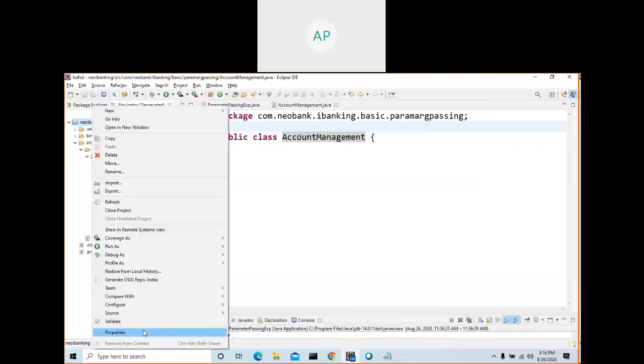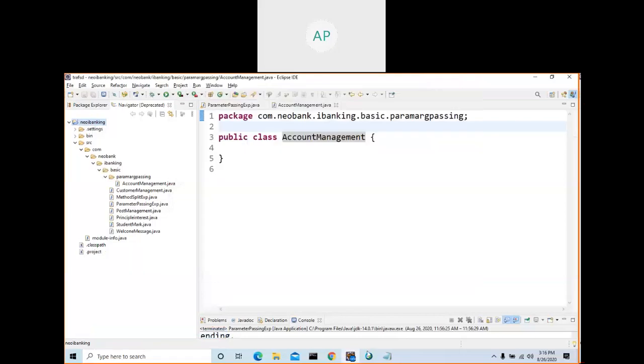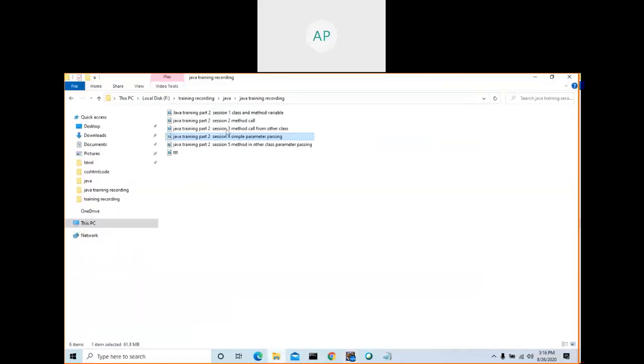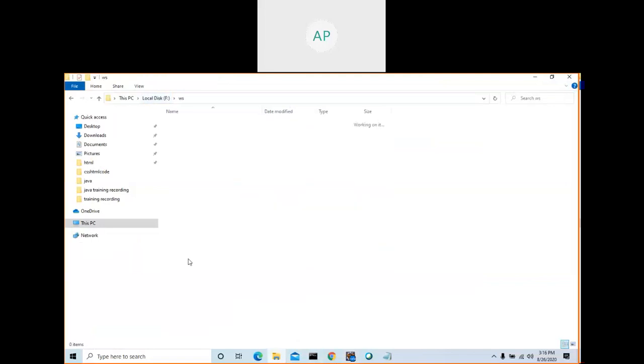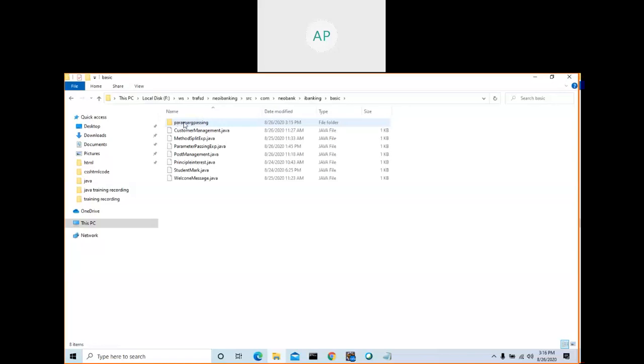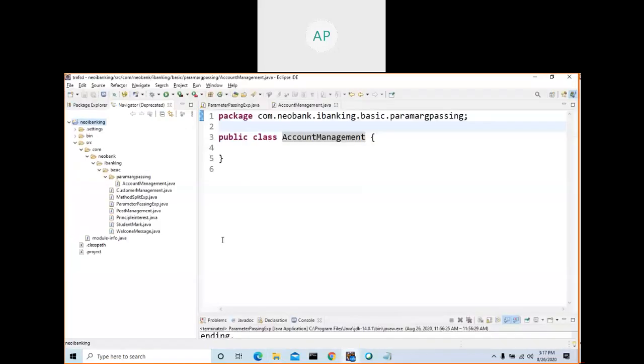Right click, properties, and see the location: FWS, FSD, Neo Banking, and src, com, neobank, ibanking, basic. So parameter passing is in this folder. The same thing it is showing here.